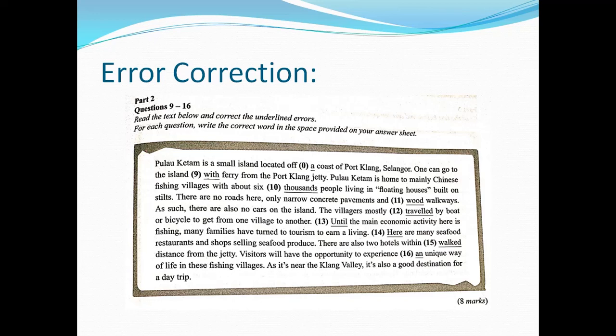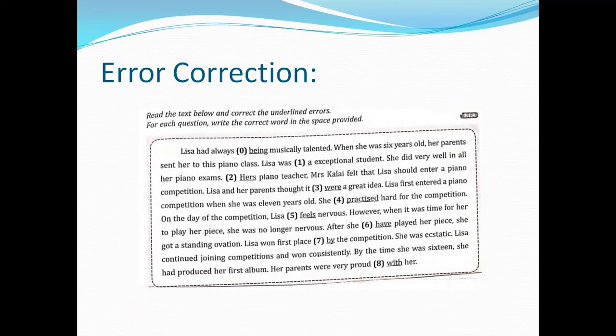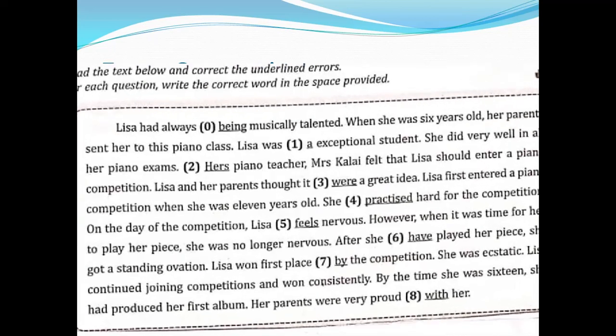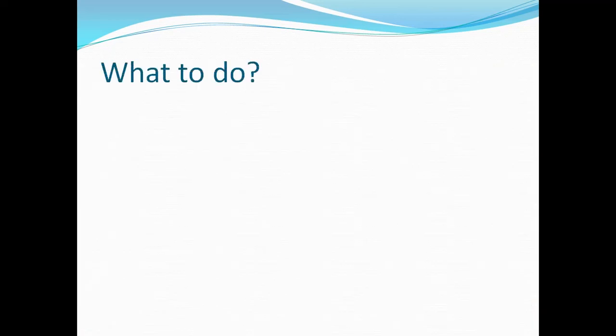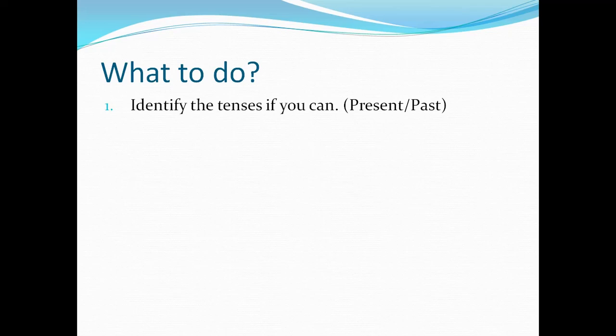Okay, so there will be 8 words. You need to do 8 corrections for this part. Alright, so what to do first? Number 1, you can identify the tenses if you can. Okay, so it is either in present or past tense, but